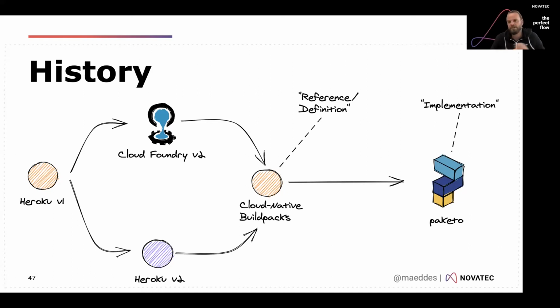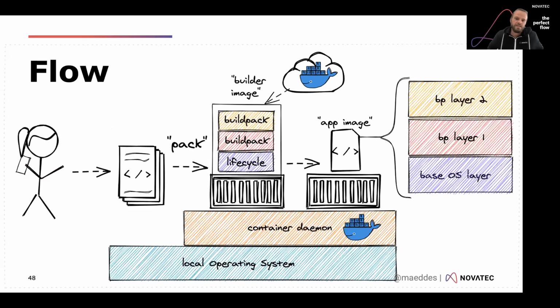And there are quite a few adopters who build their own Cloud-Native Buildpack implementation. Google provides its own one. Another one, which is also a project coming out of Cloud Foundry, is the Paketo project. This is also one we're going to look into today, as it is a stable implementation of this. So how would that work?